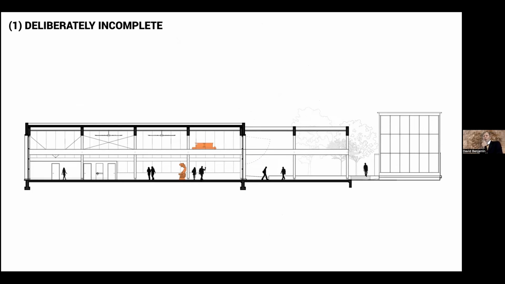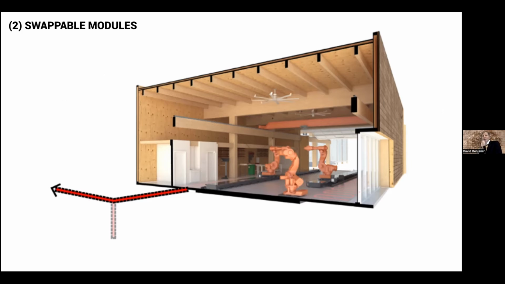And this worked in several ways. First, the building was deliberately incomplete. The left-hand side is like a normal enclosed building, but the right-hand side is just an incomplete frame designed to be filled in over time. Second, the building has many swappable modules and systems like radiant heat that on day 1 is getting the heat source from the building next door. But with the kind of plug-and-play system, you can flip a switch and then get the heat from a geothermal well that the researchers are planning to build.